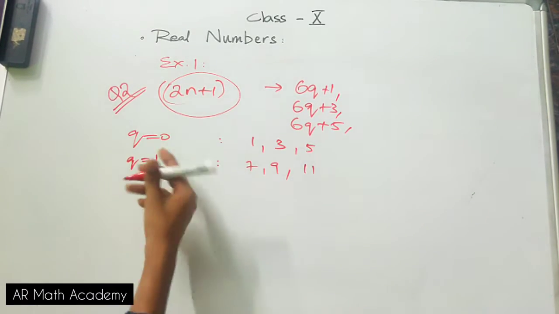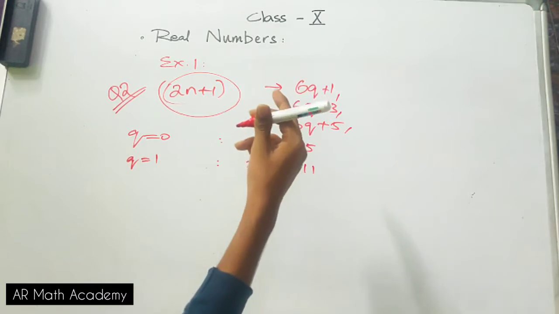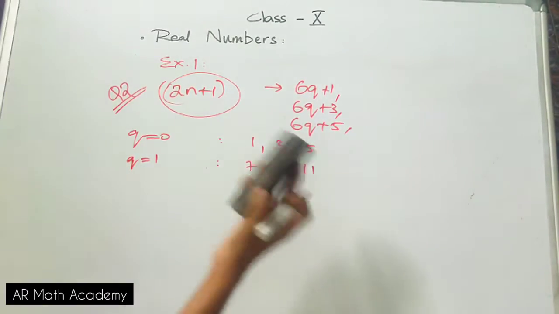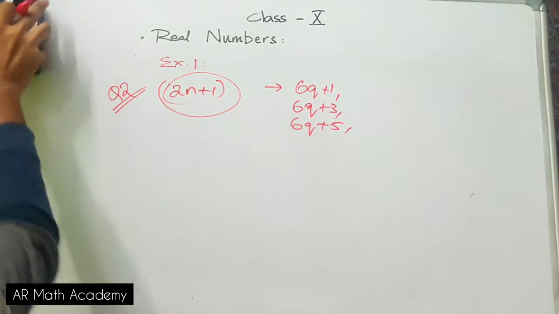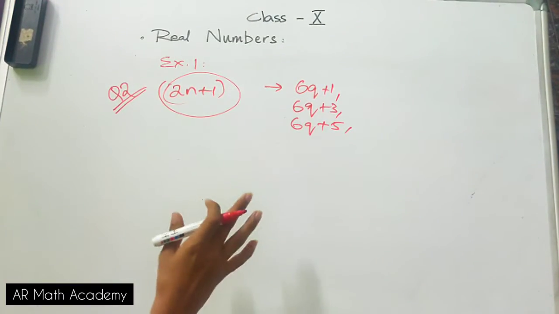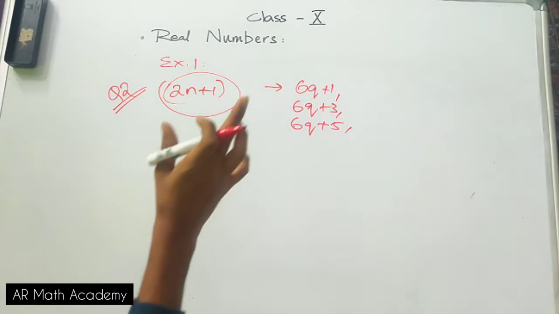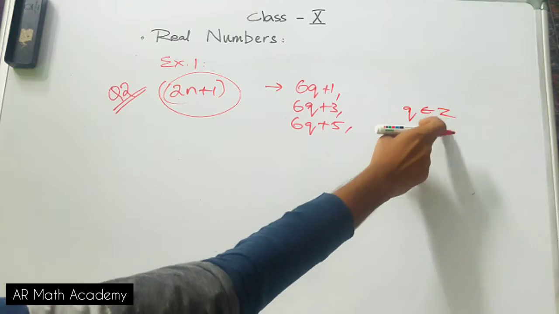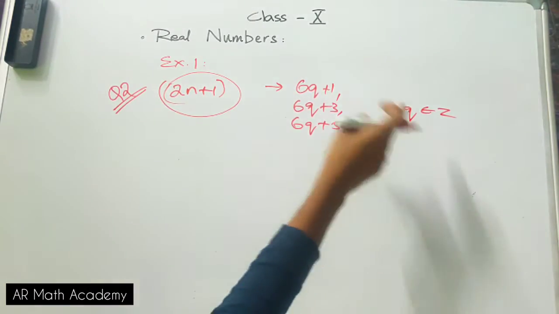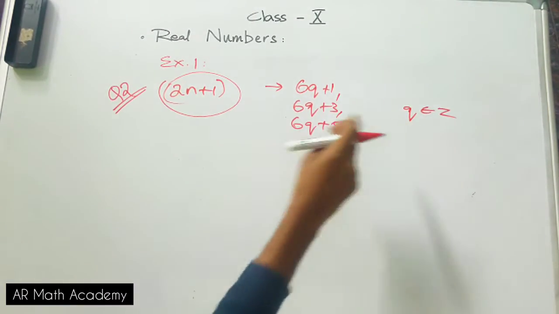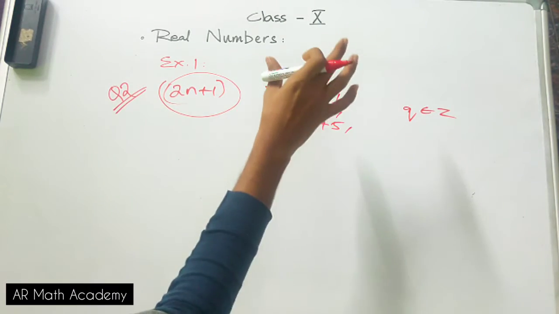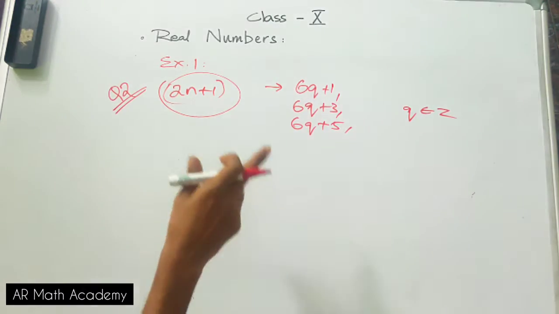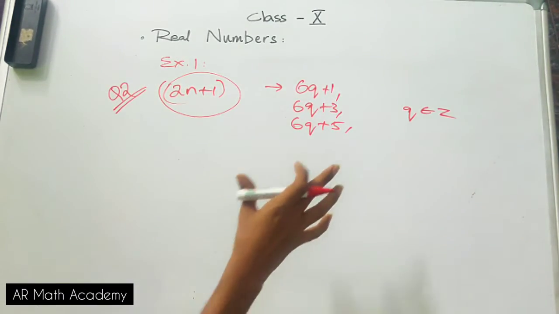So correspondingly, when you start substituting different values of q, which are integer values, you will get odd integers as your outcome. What they are trying to ask us to find is, we are going to prove that substituting any values where q belongs to an integer (z is the notation for integers), the values should belong to odd integers. So 6q plus 1, 6q plus 3, 6q plus 5 are representations of odd integers where we can substitute values of q.